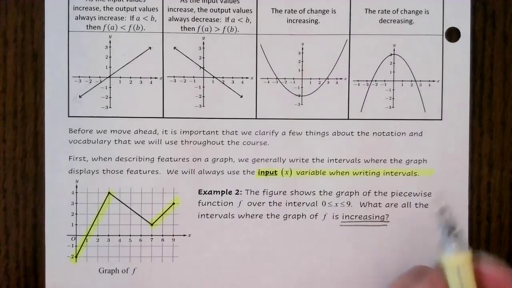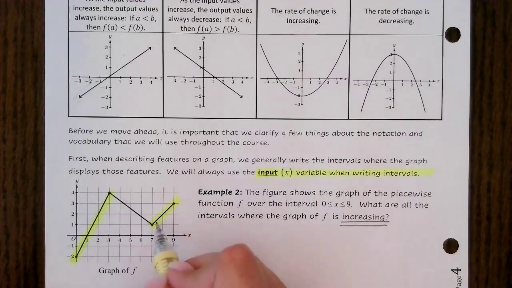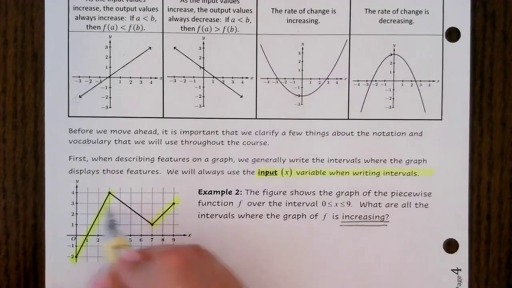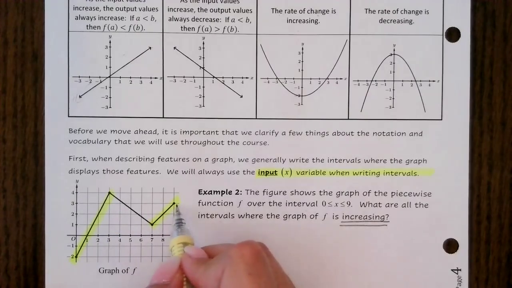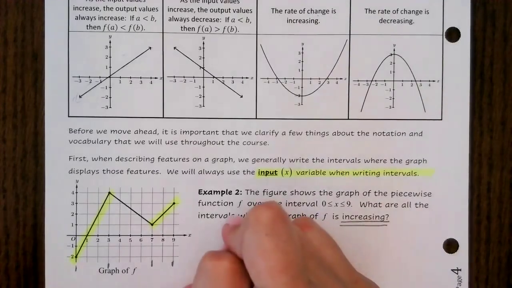Now, if we wrote our y values, then this portion of the graph would be exactly the same as this one. That's why we don't write the y values, because it doesn't give a clear picture. Now, if I write the x values, I say from here to here, my graph is increasing. And then from this point to this point, it's increasing again. So just by giving the intervals